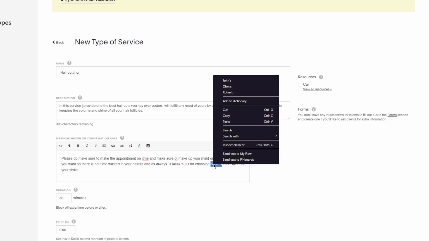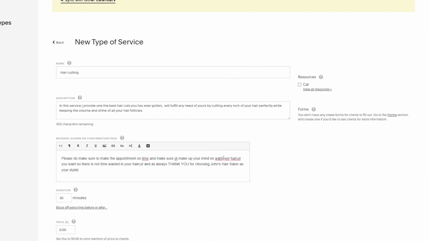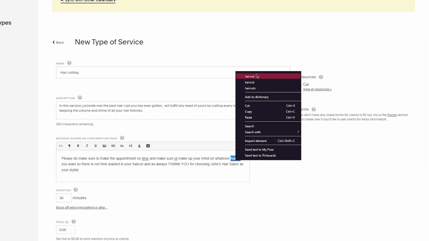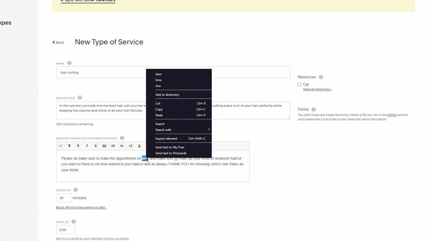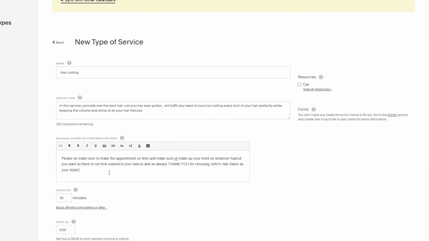You can just choose something like that. So once you've done that, again, make sure to correct all of this. Now, obviously, your client's going to get this message once they have paid and everything for your schedule. Like once they have properly scheduled, they're going to get this message. Make sure it's a nice message to fulfill the requirements and also a good